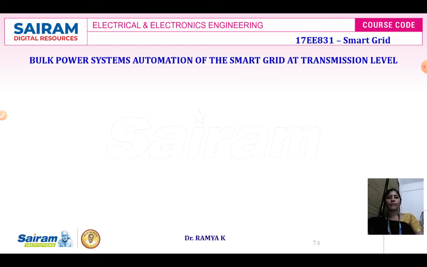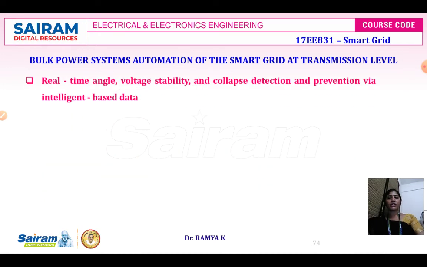Next is going to be the bulk power system automation of smart grid at transmission level. So the automation of different functions of the bulk grid level of transmission is important for achieving sustainability in the system. The sustainability in the system is going to be very, very important. So when you are developing the automation in case of your bulk grid power system, you have to take into account the different transmission system functions, and it is also going to focus on the following functions with the appropriate intelligent technology.